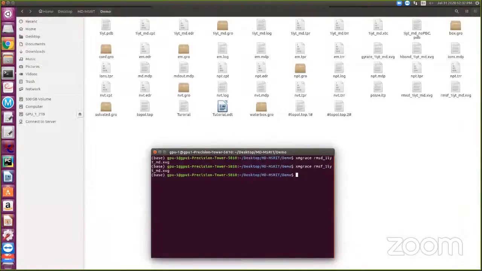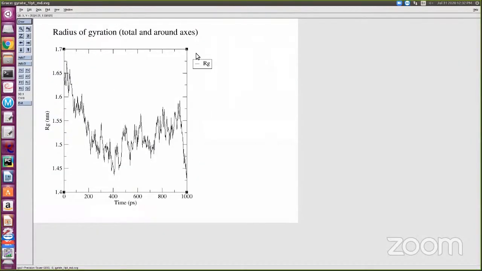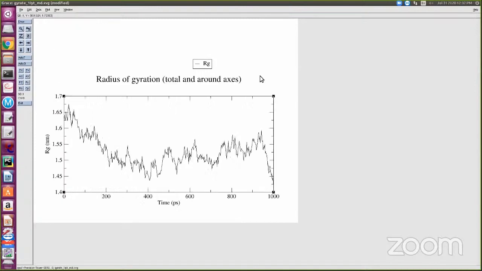And I have not shown RG, right? I'll just show the RG of this. I guess I made the file name gyrate. Yeah, gyrate. Okay. This is the RG of that particular file. What is the compactness of the protein? To understand this compactness, first you have to perform it for your apoprotein, then you have to perform it for your protein-ligand complex. Then only you will come to know whether it is similar or not. So it is very important. Performing apo simulation is very, very important for dynamic studies.